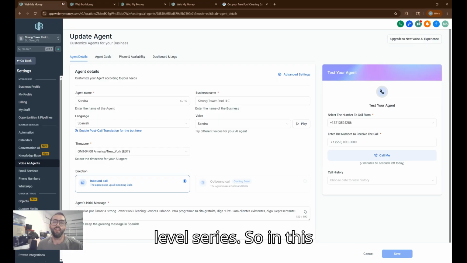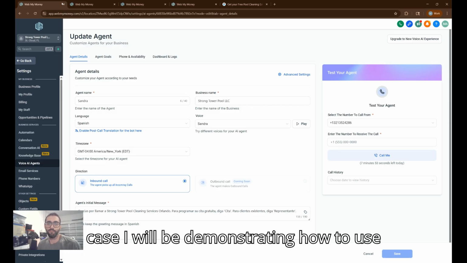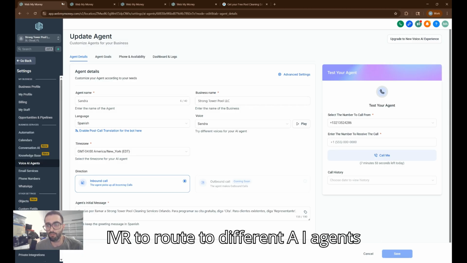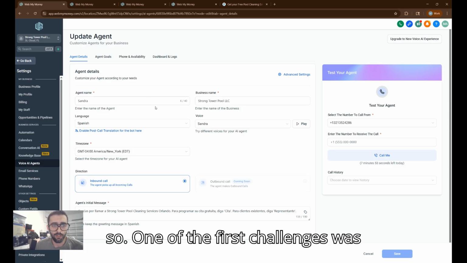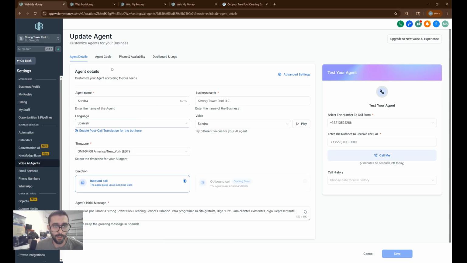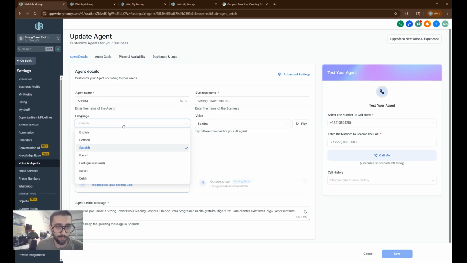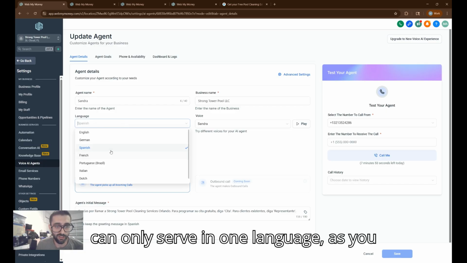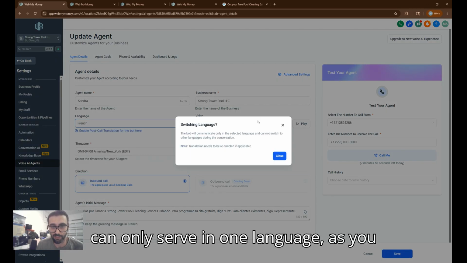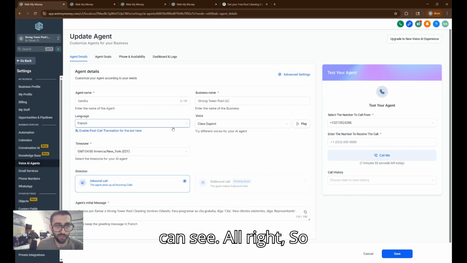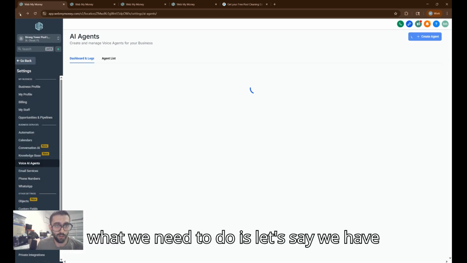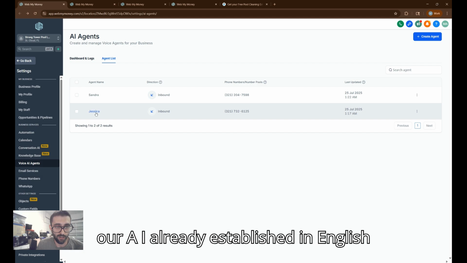In this case, I will be demonstrating how to use IVR to route to different AI agents. One of the first challenges is that an agent, as of now, can only serve in one language, as you can see. So what we need to do is, let's say we have our AI already established in English, and